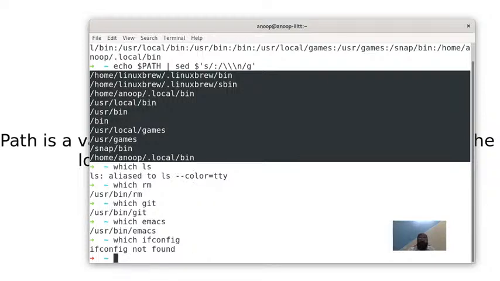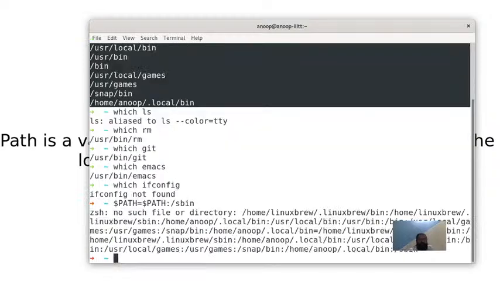Or else what I can do is I can just add, so PATH is equal to $PATH colon. This is the easiest way to add a new entry. And I'm going to add /sbin. And that's it. Now you can see that $PATH contains